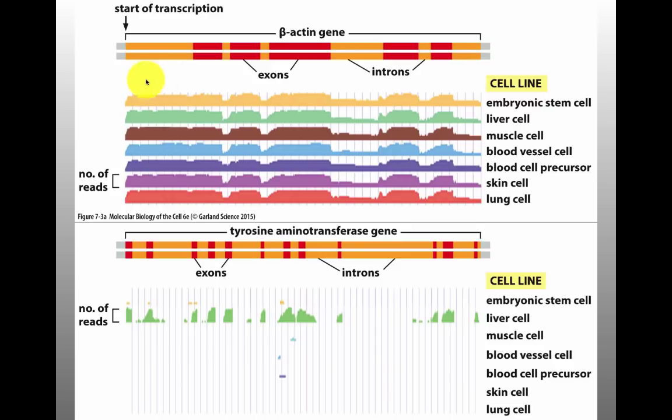But also you have these untranslated regions, 5' untranslated regions and 3' untranslated regions, although here you can't see it really that clearly. And the idea there is that in your final messenger RNA, it's not just the exons, but you have the extra pieces at either end as well, which turn out to be very important for gene regulation purposes, particularly a little bit further downstream in the process.